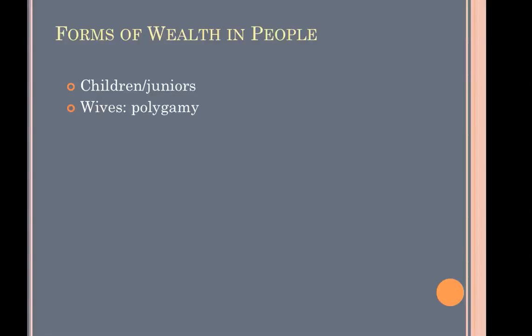As you read in Gilbert and Reynolds, polygamy or polygyny was widespread, so another way to enhance one person's ability to call upon others would be to have many wives and to therefore have many children. Now again, this was rare. It was difficult and expensive, and just based on pure numbers, it couldn't be done by many men, but it was an ideal.